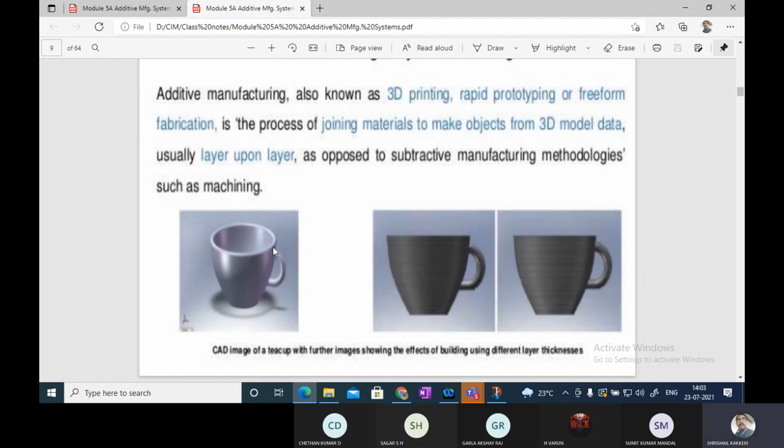But in the case of a 3D printing machine, it is possible to build these layers. By means of a layering technique, we are able to build any type. But earlier it was restricted to only a few plastic materials with different colors. Today it is extended to ceramics, to composites, and even to metals also. That is the wonderful technology of 3D printing.